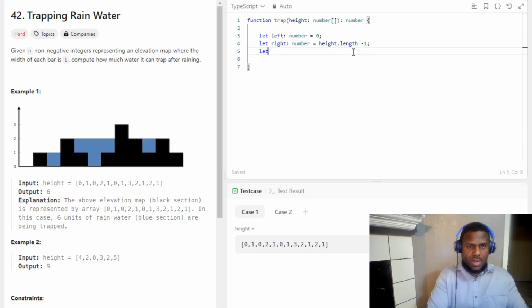And then we're going to let leftMax, because we're going to keep track of the maximum values. That'll be a number equal to, we're going to start it off at 0, and then let rightMax, also a number, equal,